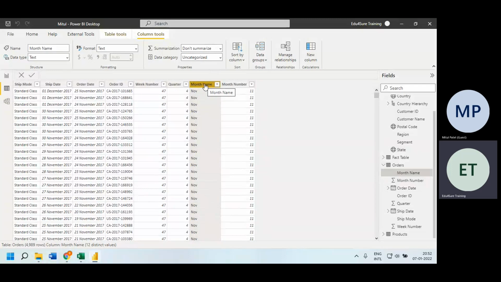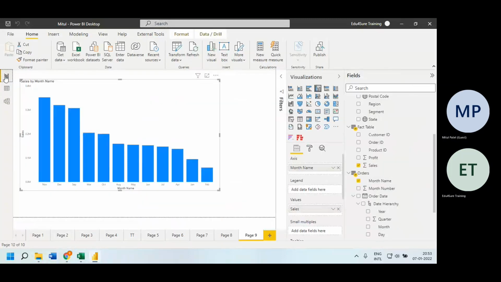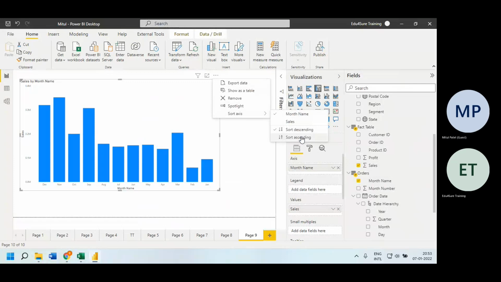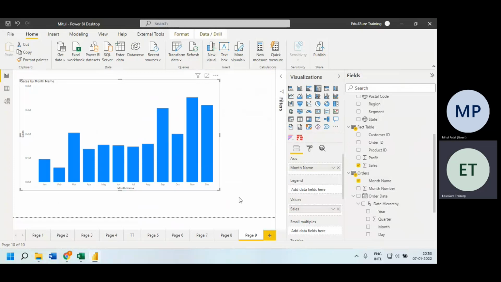We want the Power BI engine to sort it on the basis of the month number, which is this column. So I selected this column, and I am saying whenever I'm sorting using this, sort by month number. I have connected these two columns using the sort by column option. Now if I go back, fine,